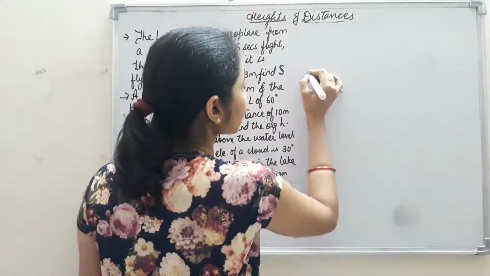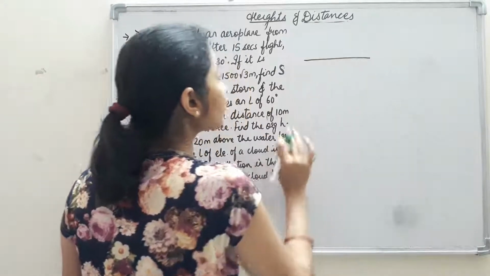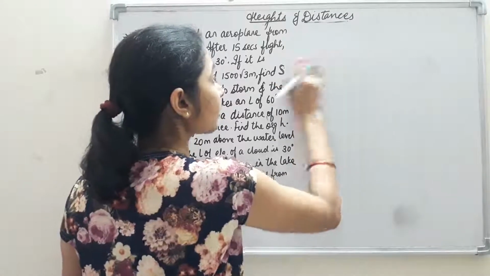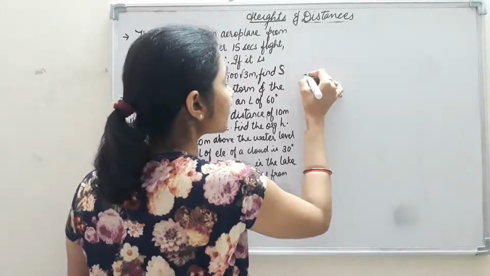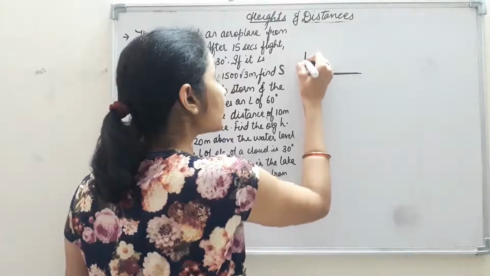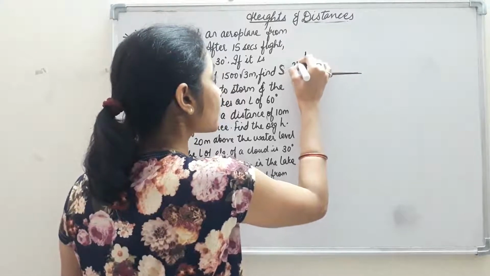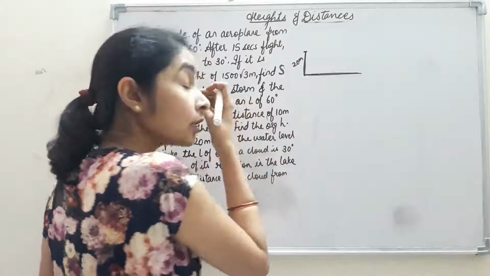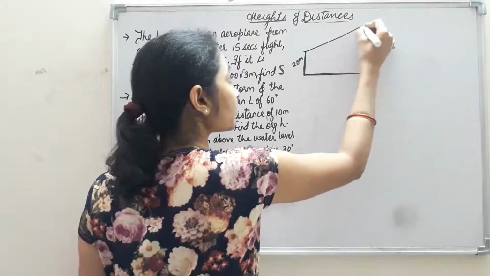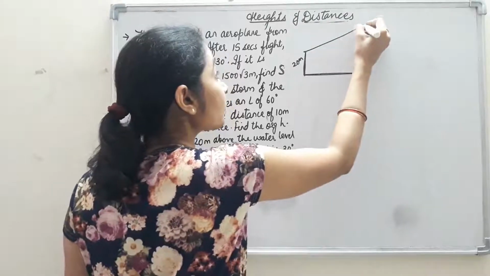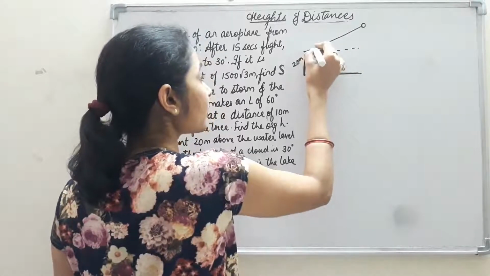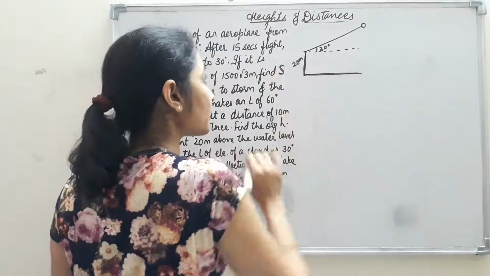suppose this is the level of the lake. Okay, and what we have said is that from a point, let us take a bit down because we have to move 20 meters above. So let us take here, this is the water level of the lake. Okay, from a point which is 20 meters above this lake, this is 20 meters. Suppose I am standing on a 2 or 3 story building. From here I am observing a cloud. The angle of elevation will be seen from here because this is the level of my eye, and that is 30 degrees that is given to me.